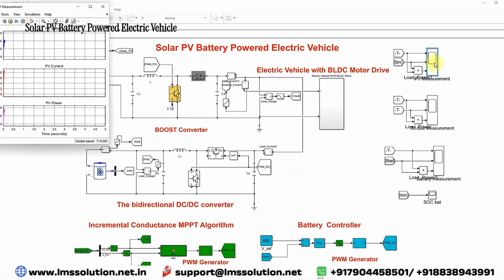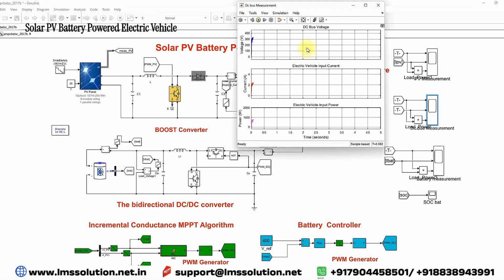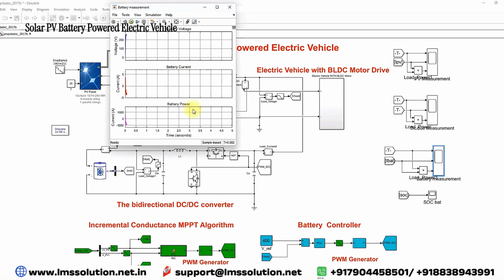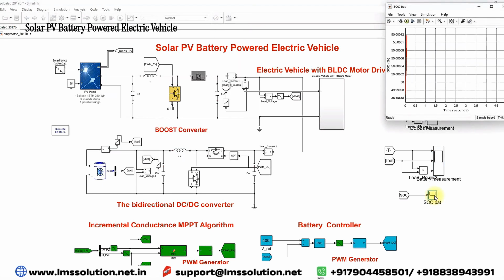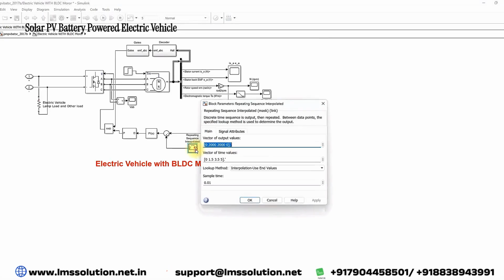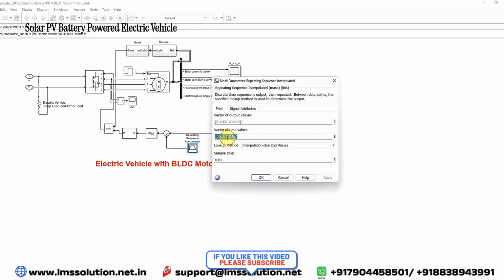And here we are measuring the PV voltage, current and power, and here we measure the DC bus voltage and the electric vehicle input current and input power. Here we are measuring the battery voltage, current and power, and here we are measuring the SOC of the battery. And here we created the drive cycle, right, from 0 to